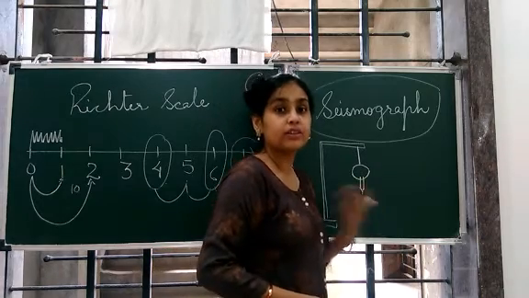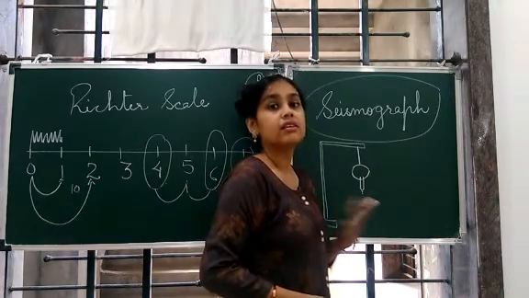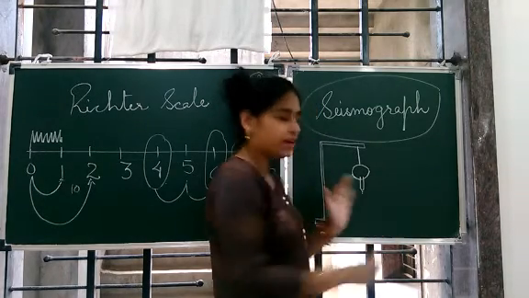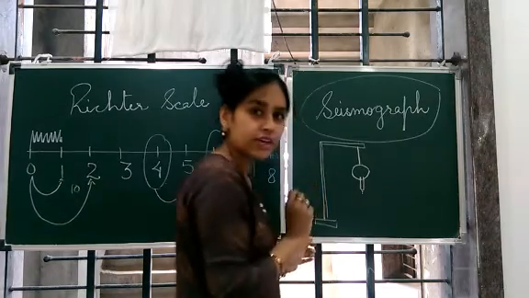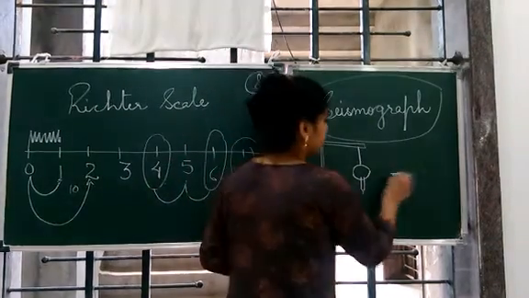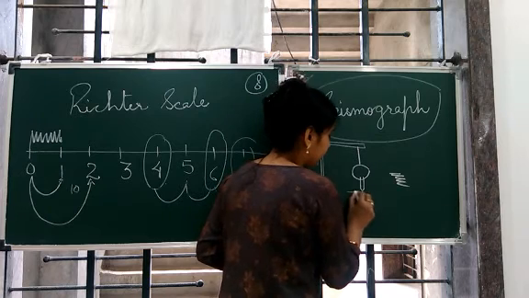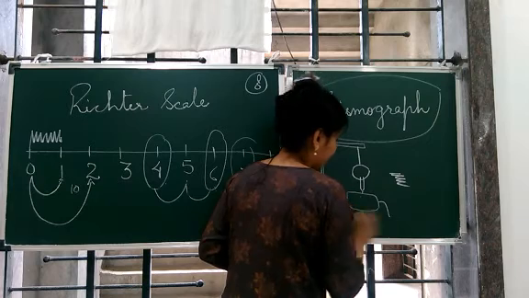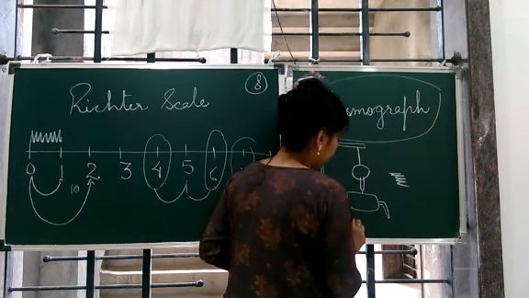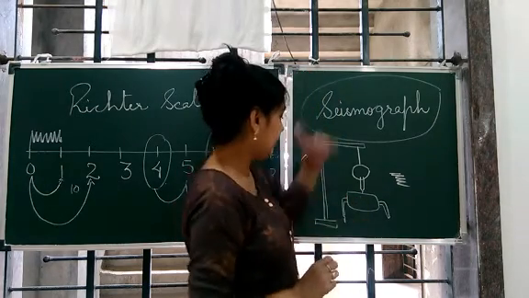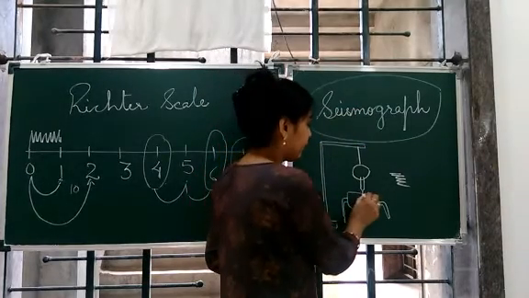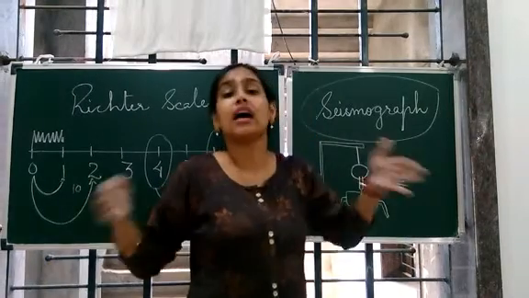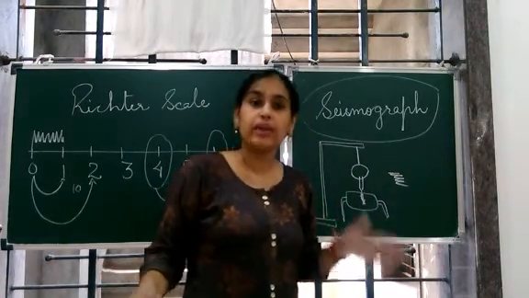Now as tremors occur, that means when an earthquake comes, what happens? There is a trembling. The surface starts shaking. Now as it shakes, this also shakes. So this pen also shakes like this. So what happens? There is a paper here, attached to a rolling drum, and this also starts rolling, and then we get the reading like this. So the bigger our reading is, the greater the magnitude of the earthquake.